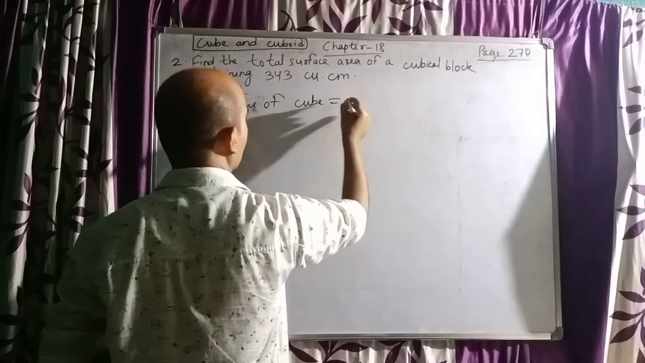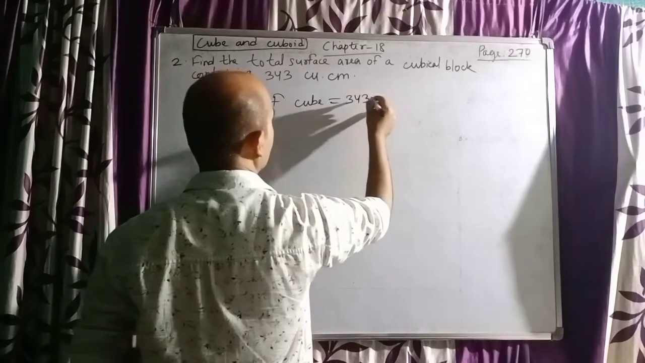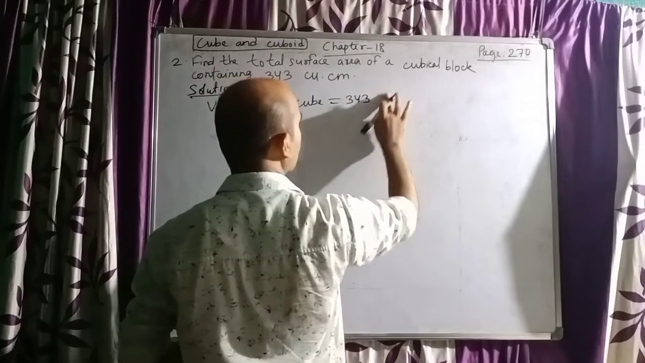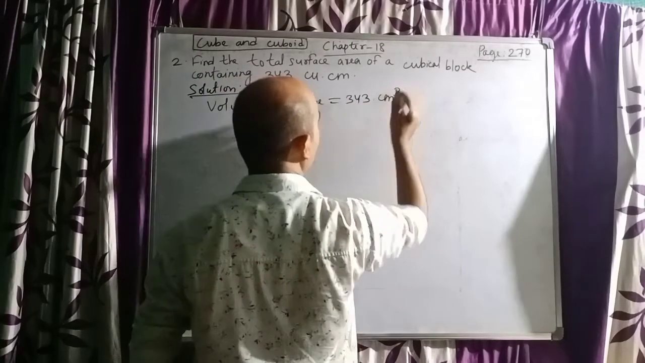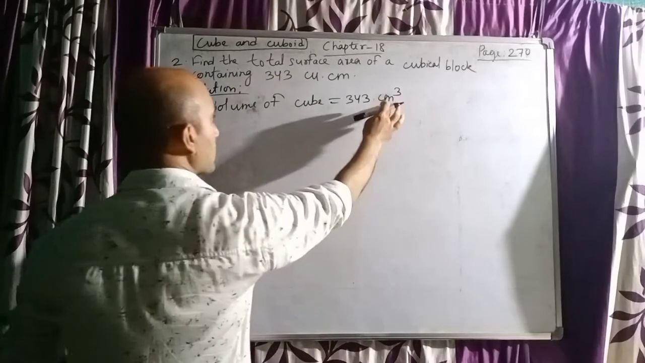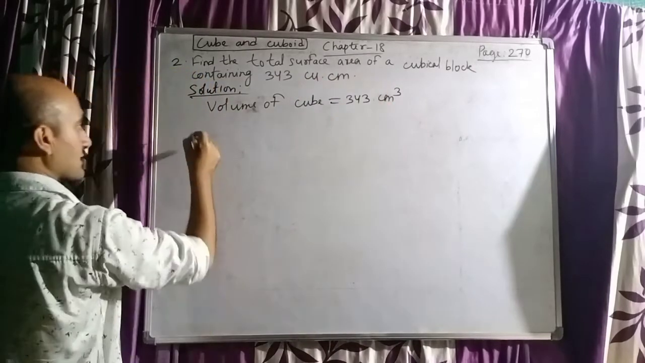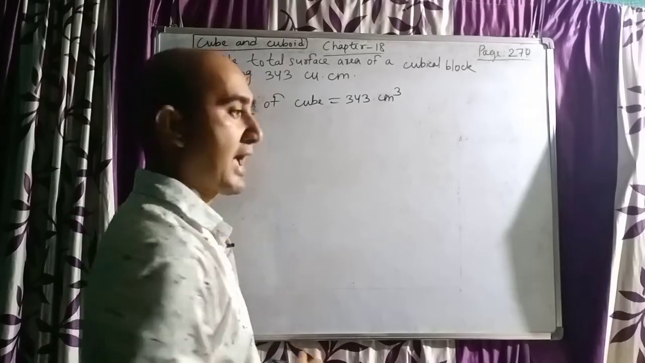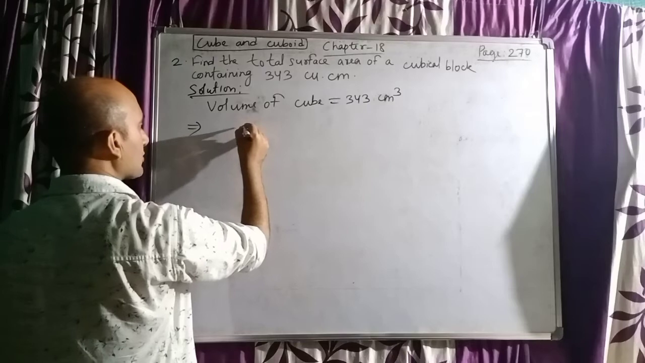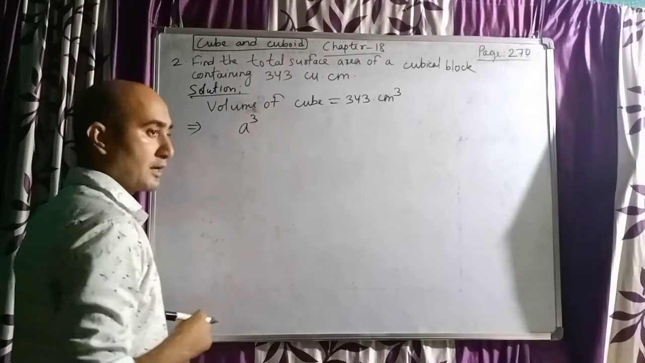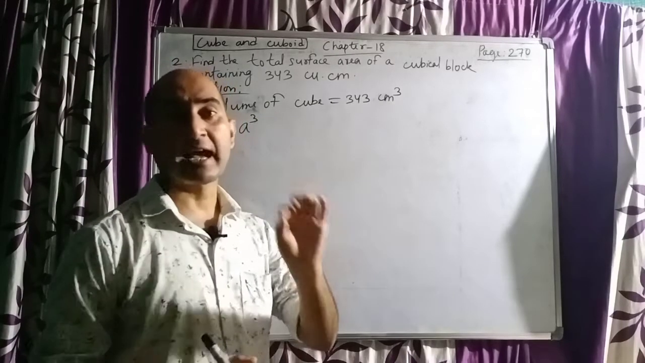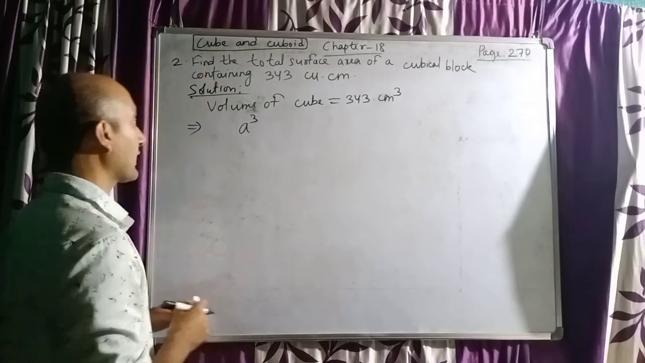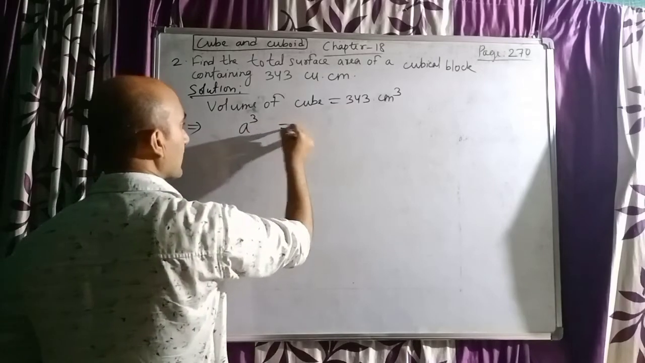Volume of cube equal to 343 cubic centimeter, or cubic centimeter we can also write centimeter cube. Both are the same. So for the volume of a cube, its formula we should know, and its formula is side cube. In the formula list I have said the side of a cube is denoted by letter a. So side cube means a cube. a cube equal to